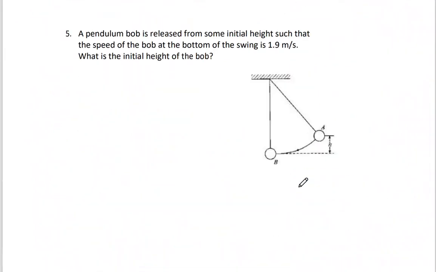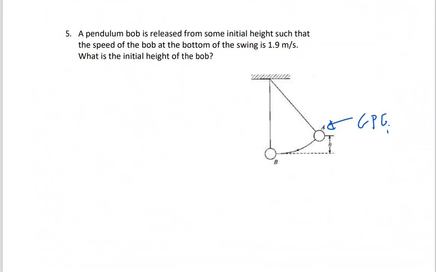Okay, one more example. Here you have a pendulum bob released from some initial height. So the initial energy here is gravitational potential energy, and it will be maximum. Maximum gravitational potential energy, kinetic energy is 0. Okay, now when it's released,